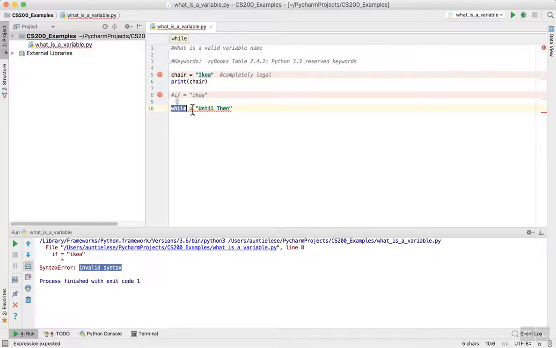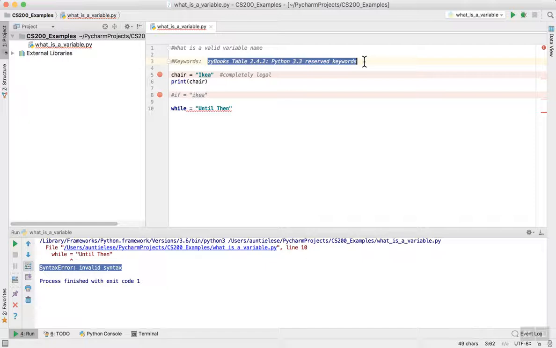I have a name to the left-hand side of a single equal sign, and then to the right-hand side of the single equal sign, I have a value. But again, this isn't going to work. It's not going to work because I've got an invalid syntax. I have an invalid syntax because while is a keyword. Again, you can evaluate all the keywords in Zybooks table 2.4.2.